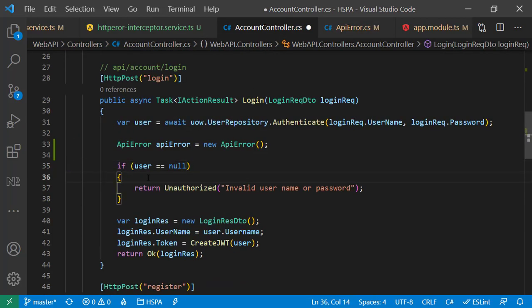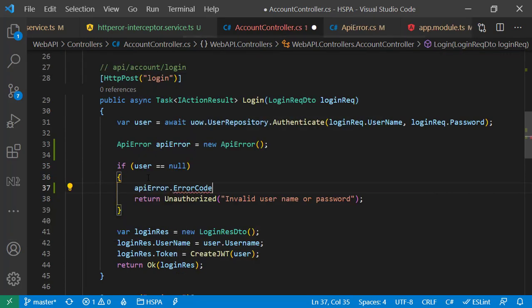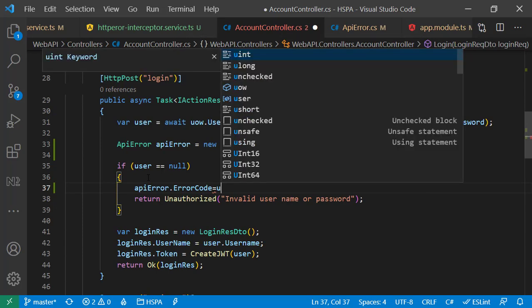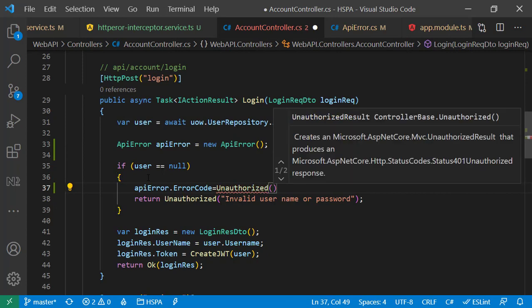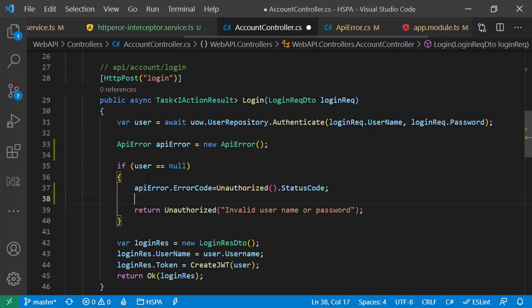We can now set the properties of this object here and set error code equals the code of error that we are going to return in the response. We can use unauthorized dot status code here to get the correct error code for unauthorized error, and set the API error dot error message.